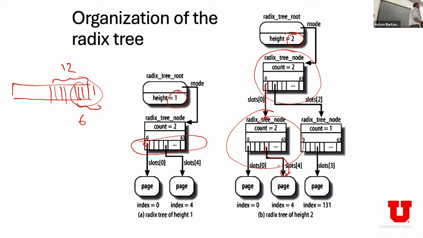Make sense? What does the count mean? I think it means that this radix tree has 2 slots active, but I don't remember how it's used. The reason that it's variable height is that it dynamically adapts,